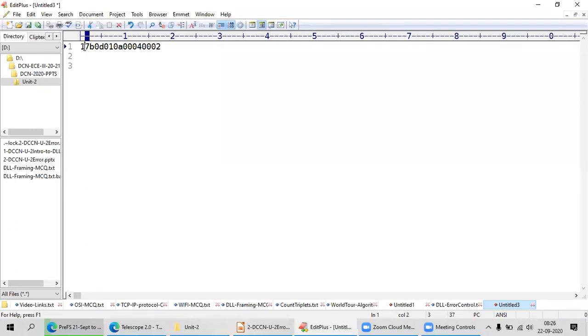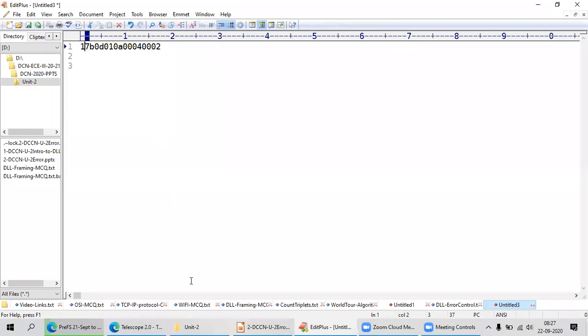It is not the exact message that the sender has sent to me. If I find, okay, after one there is no 0, so it is not the proper message. I'm not going to accept this. Either I am going to ask the sender to resend, or I will try to guess that particular part. That is the receiver's problem, not mine.